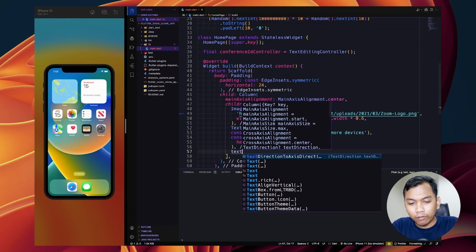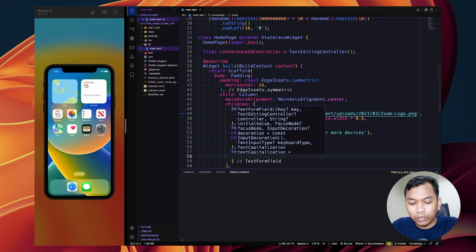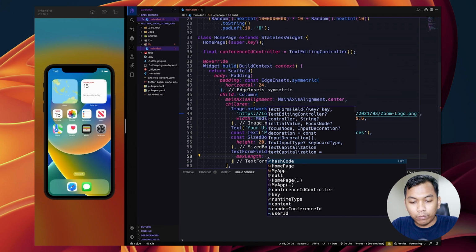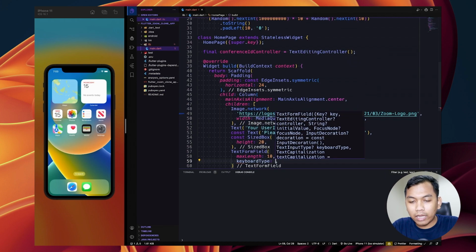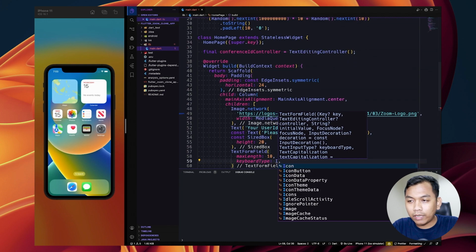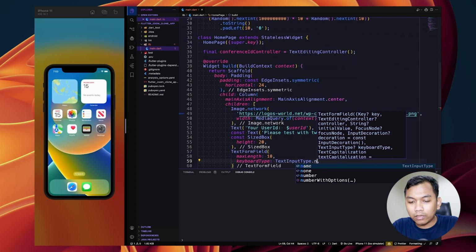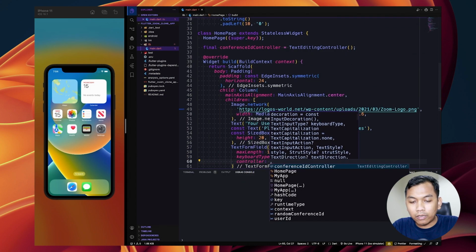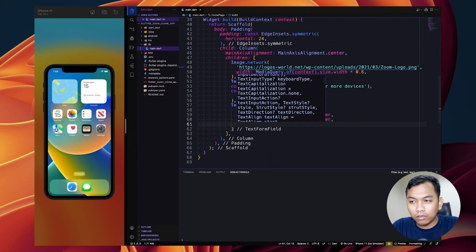And below that, we will have a TextFormField, and it will have parameters. It will be maxLength 10, keyboardType, so we say TextInputType.number. And below that, we will have the controller, which will be conferenceIDController.